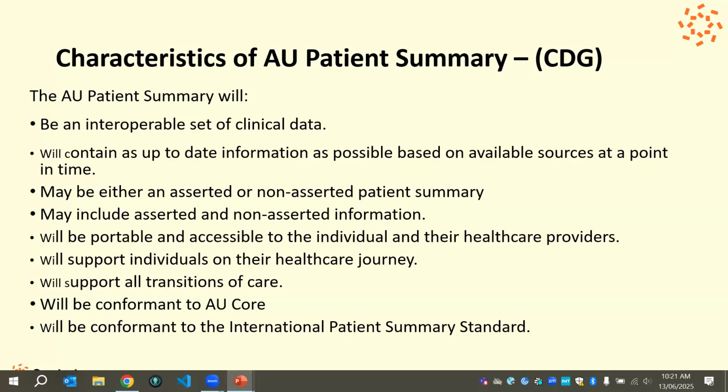Looking at this, I'm wondering, have we been careful enough about distinguishing between what is expected of every instance of an AU patient summary and what is expected of the class of AU patient summaries? Because some of the stuff will be along the case of, if your system is producing Australian patient summaries, then you have to be able to produce these bundles of information that are complete enough to provide good continuity of care. But I might want to produce an instance which is just, in a sense, an extract of certain information